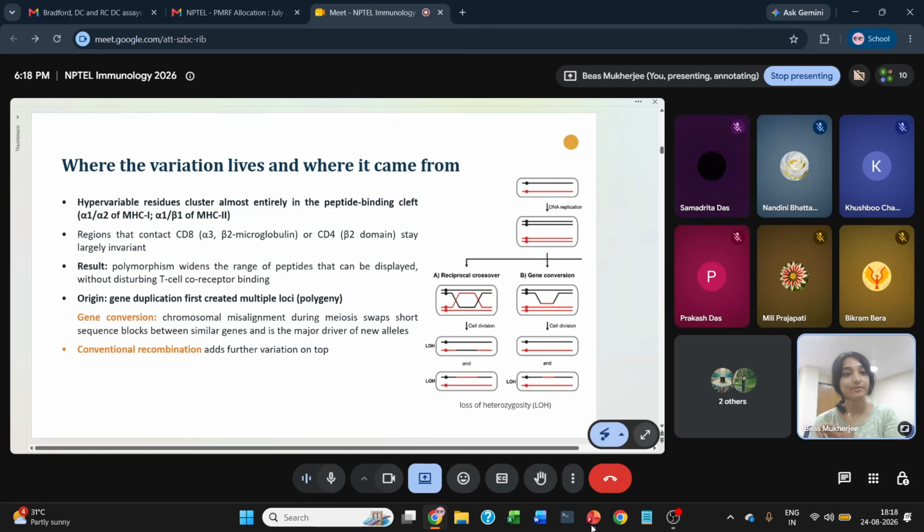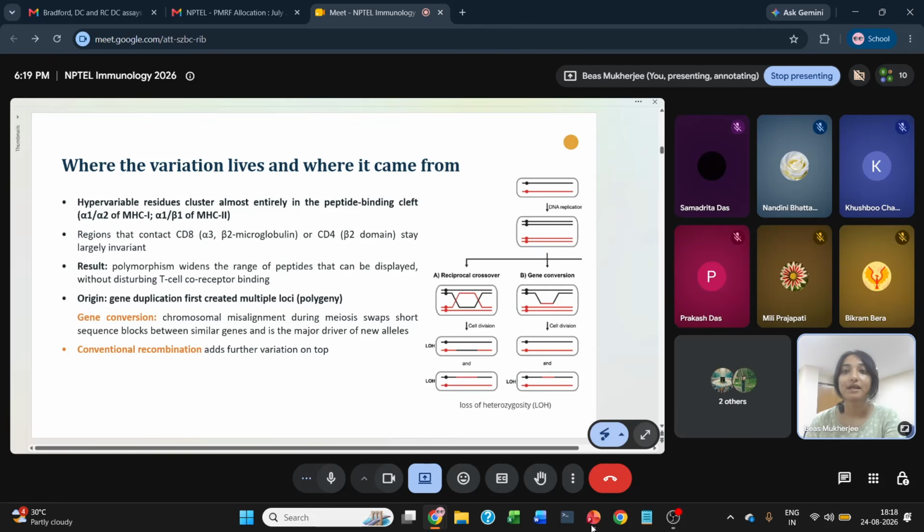Remember hypervariable regions in antibodies? So this is also a hypervariable region. That means that the residues cluster almost entirely in the peptide binding cleft. So this entire peptide binding cleft has huge variability between these MHC molecules also. So alpha 1 and alpha 2 of MHC1 and alpha 1 beta 1 of MHC2, they are very, very